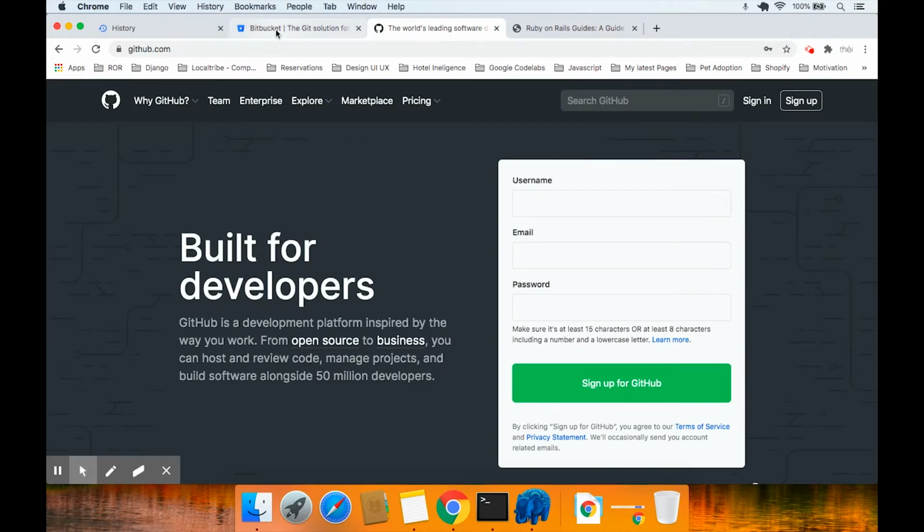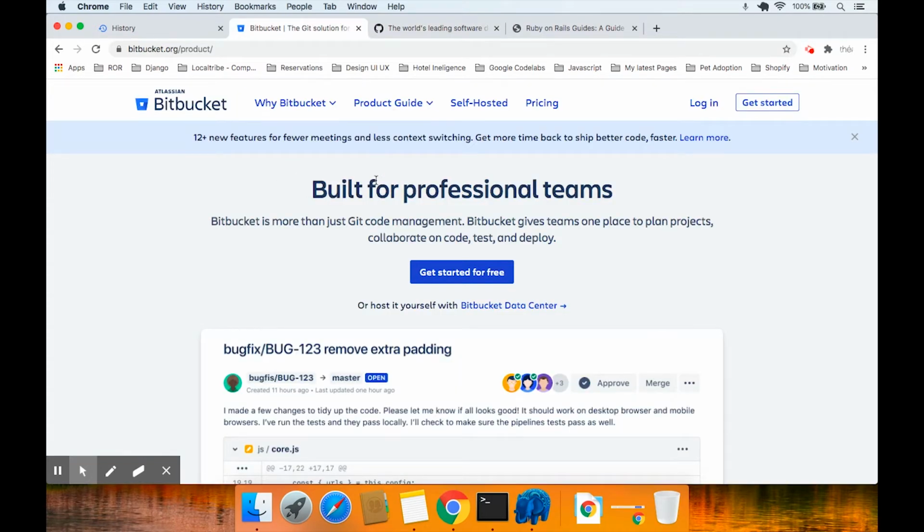GitHub. Now, I'm going to use Bitbucket for many good reasons, because you can have many private and public repositories for free, as many as you want. You can build as many projects as you want. It also comes with Atlassian, because I believe Atlassian bought Bitbucket. And they have amazing software like Jira, which allows you to collaborate with other team members and work on much bigger projects. Even if you're doing it by yourself, you can use Jira to document everything. And there's a lot Atlassian has that's free,